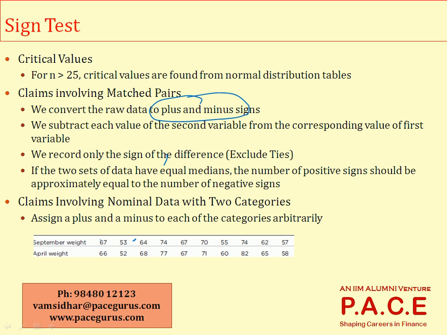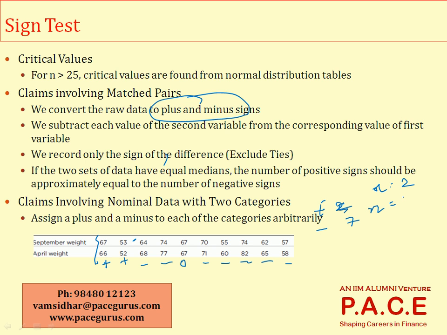Let's say here I want to find out the difference between these two matching pairs. All I'll do is put a plus here, a plus here, a minus, a minus, and a 0 because there is no plus or minus. Here I'll put a minus, a minus, a minus, a minus, and a minus. So overall, I have 2 pluses and 7 minuses. As simple as this. And so my X, which is the lowest, will be 2, and my N, which is